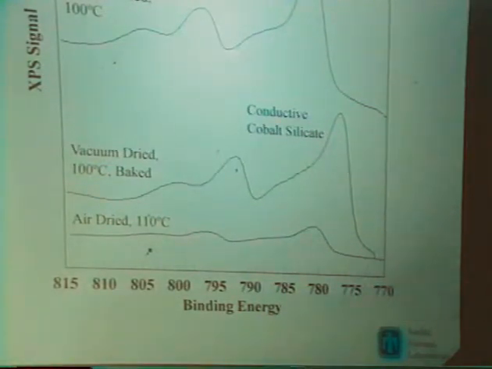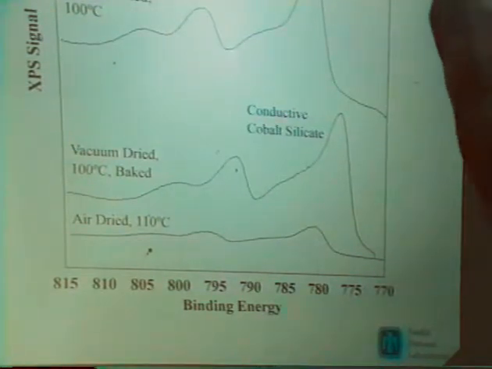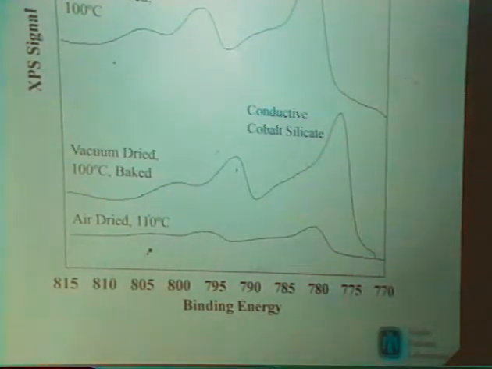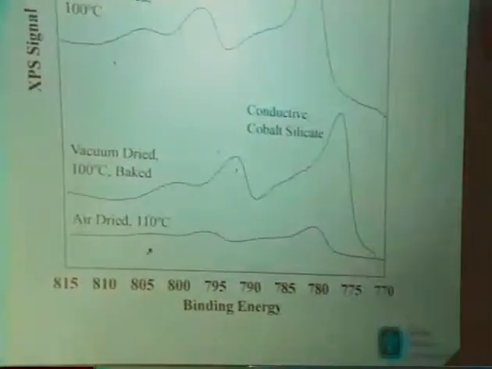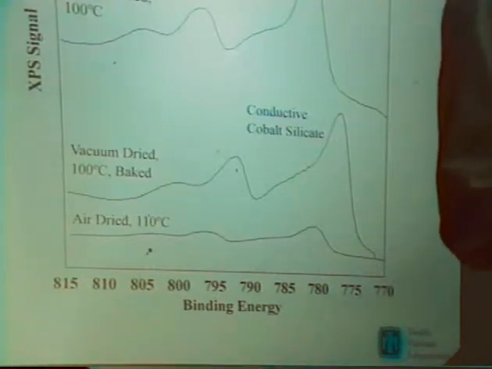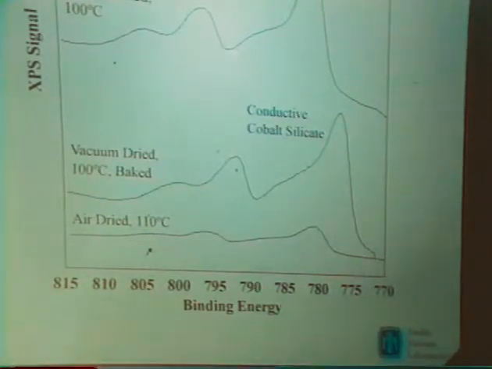What we feel has occurred is that what we have formed here is a highly conductive cobalt silicate that is pinned to ground on the sample holder. The cobalt nitrate decomposed to form cobalt silicate that then covers the silica, contacts the sample holder, and does not exhibit any charging. Now, if we anneal this sample to 400 degrees C in the ultra-high vacuum environment, we see